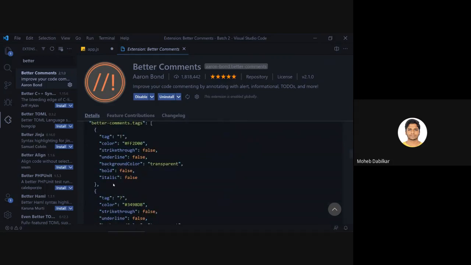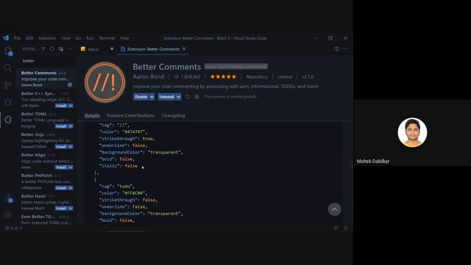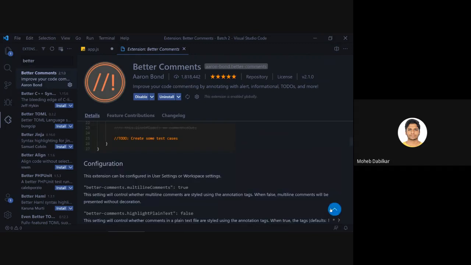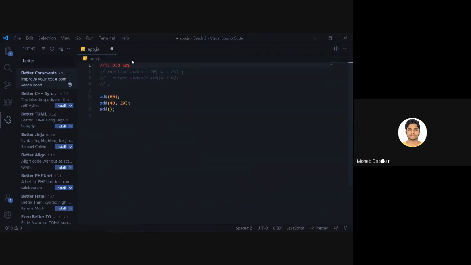You see, the Better Comments tags will be colored, and there are some other keys also you can use. You don't need basically anything. All you have to do is just install this so that you can use this style of comments. Remember that writing comments is very important because others also want to know what you have done inside the code.